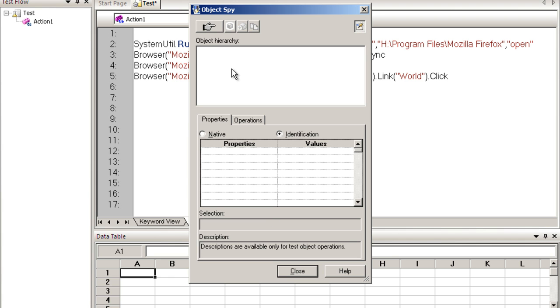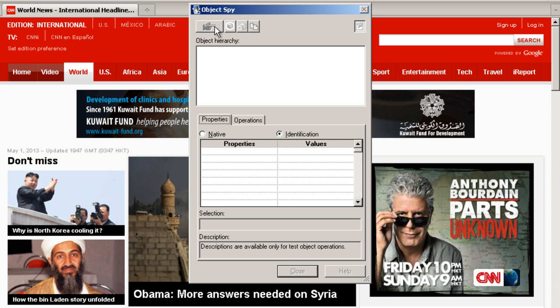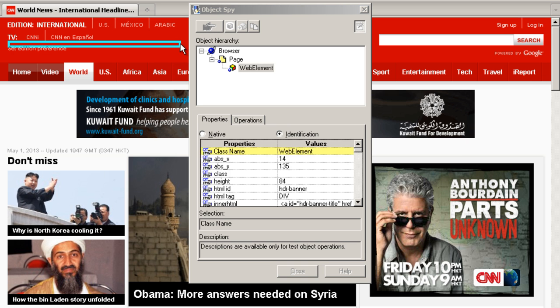Okay, now click on this hand icon. Click on this hand icon and QTP will disappear and the browser which was behind QTP will come up, right? The browser which is behind QTP will come up, and if you move your mouse,